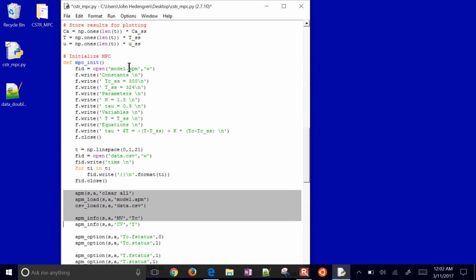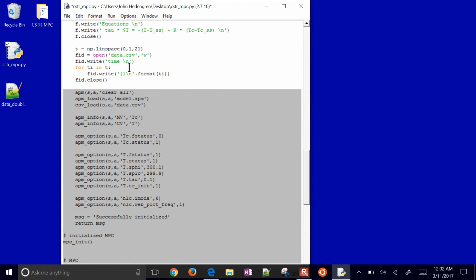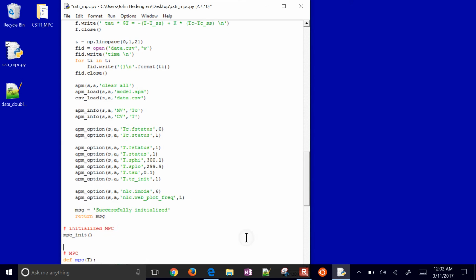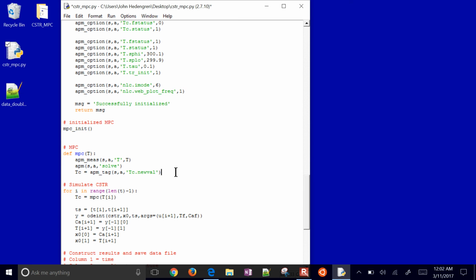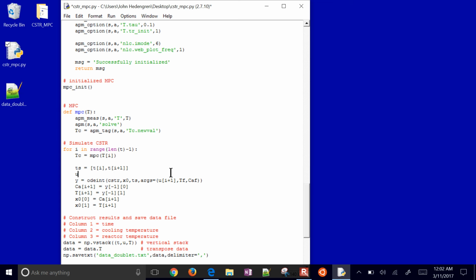These are just some commands to load the model and data, classify some of the variables, set some options, and we're ready to go. Okay, so now we have CSTR, we have our MPC controller, and let's do one other thing here. In this, we have TC defined, but we need to relate that to the U I